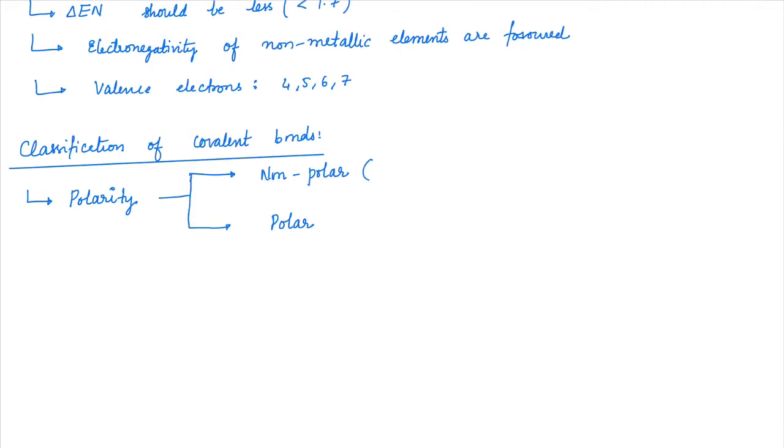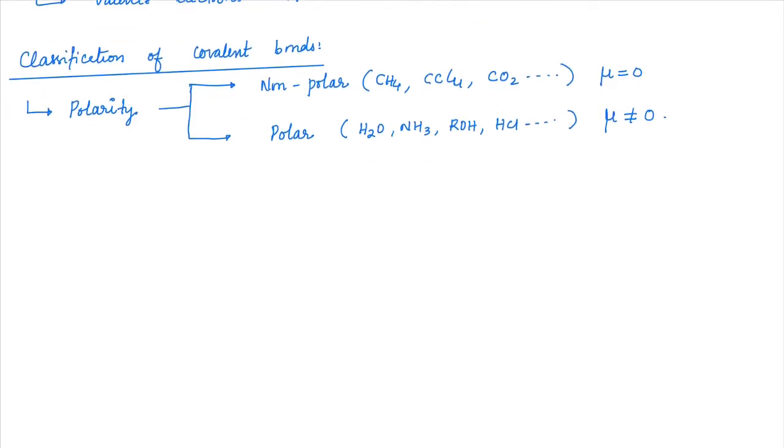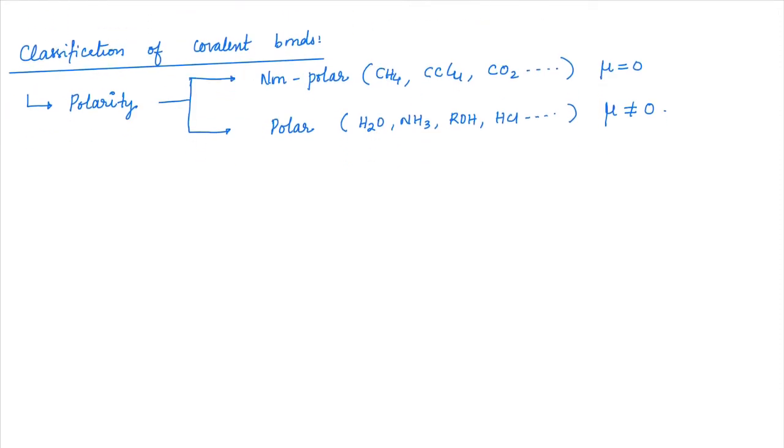Okay. In short, the overall dipole moment, we'll be studying about dipole moment slowly, but remember it that way, that the overall dipole moment of the molecules must be zero. These are all few compounds whose dipole moments is zero. Polar compounds like H2O, NH3, alcohols, HCl, these are all the compounds whose dipole moment is non-zero. Okay, what is dipole moment we'll be learning in a short while. So this is one classification.